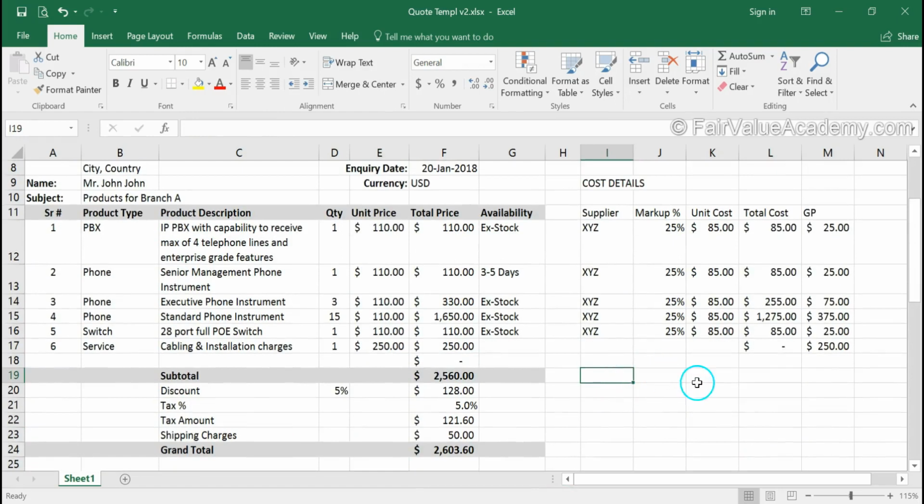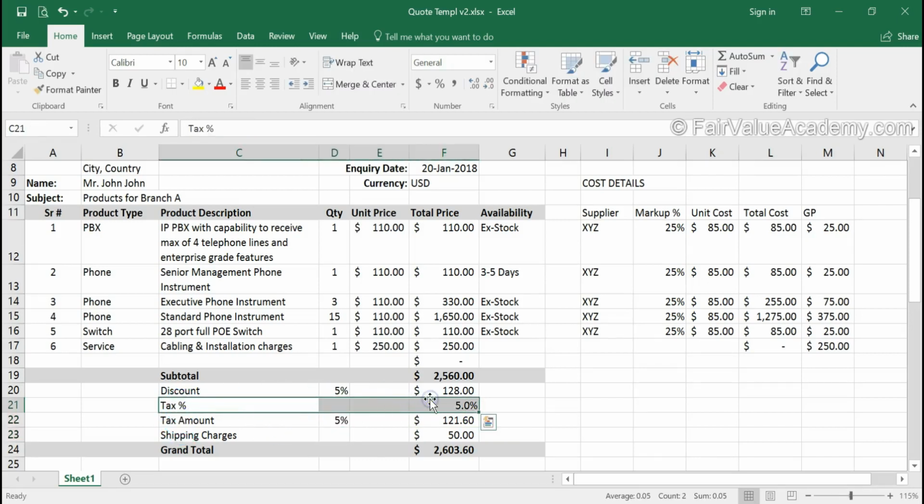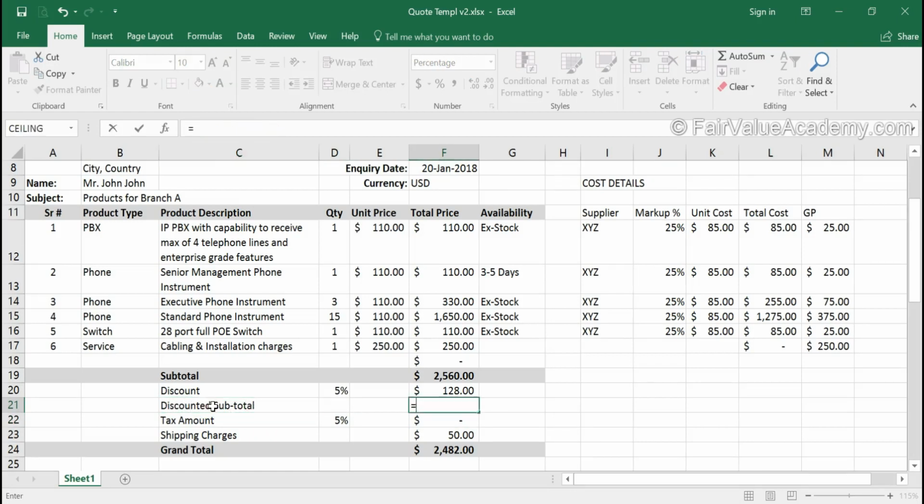Now let's do a summary of totals for the cost section also. Before we do that, I would like to rearrange this summary of total a little bit in this way. The tax amount, which is 121.6, let's have a tax rate marked here, which is 5%, and we will remove this part from here and recalculate the formula. But before that, we will add here discounted subtotal, and that will be subtotal less discount.